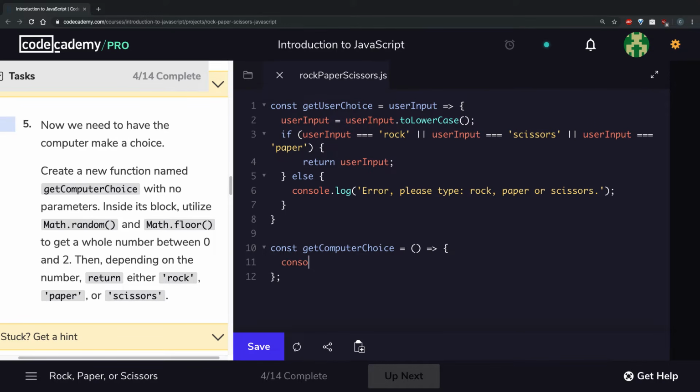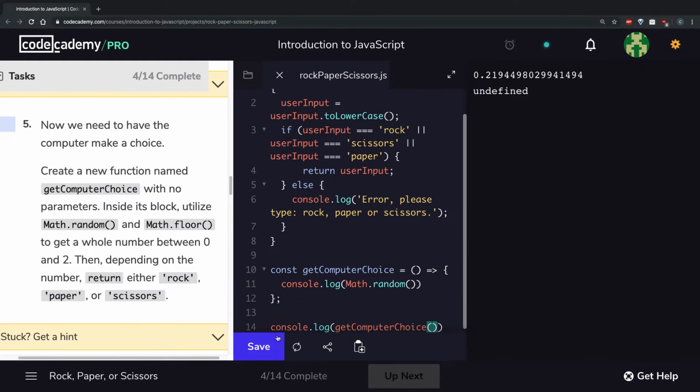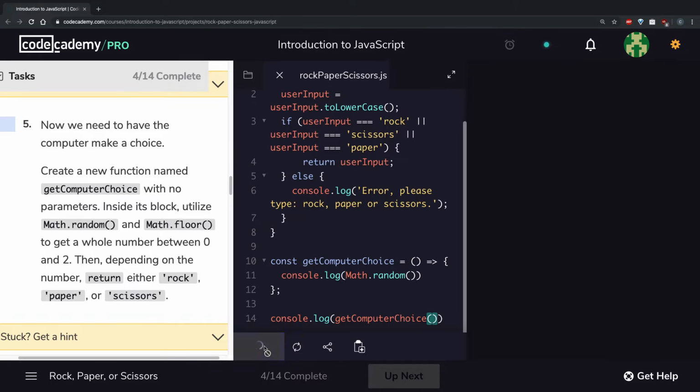So if we were to console log Math.random, and I can simply do that by console logging getComputerChoice and calling it, let's open the terminal and run this. You will see that we get a floating point number between 0 and 1. And 1 is exclusive from this, so we'll never get 1.0. It will always be